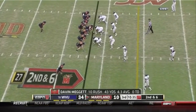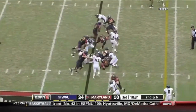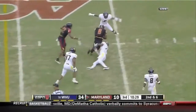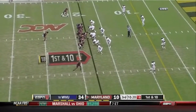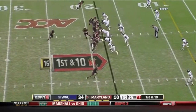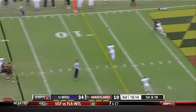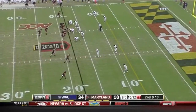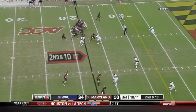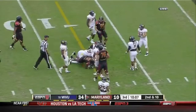2nd and 6. O'Brien under center. Again, the give to Meggett. And Meggett, some nice cuts. And Meggett inside the red zone. Down in the half, still a 1st down. Fake to Adams. Looking for Logan underneath him. He wanted him to bend that ball away from the defense a little bit more. Rushing game has been working this drive for Maryland, and this will be...